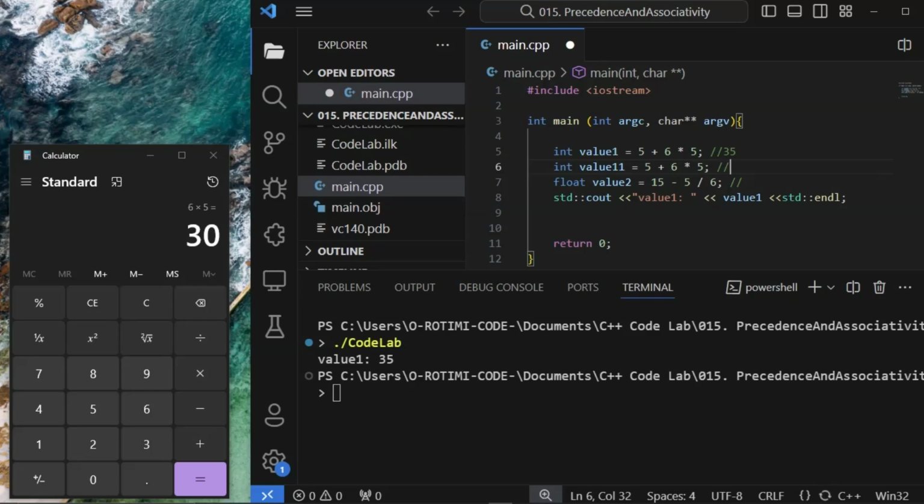But to make it different, what I'm going to do is override the value that is going to be here. So how can I do that? I will use my parentheses. When I use parentheses, it is used to override